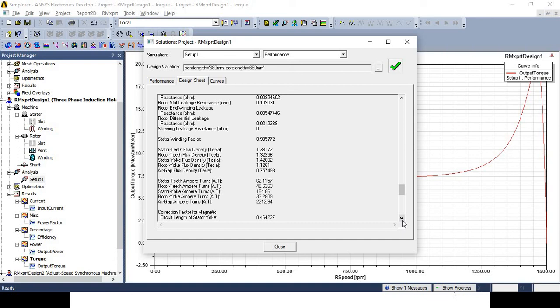flux density in Tesla, stator yoke flux density in Tesla, then rotor yoke flux density in Tesla, air gap flux density in Tesla, stator teeth ampere turn in ampere turn, rotor teeth ampere turn in ampere turn, stator yoke ampere turn in ampere turn, rotor yoke ampere turn in ampere turns, then air gap ampere turns in ampere turn, correction